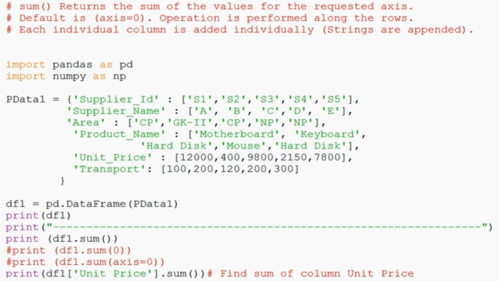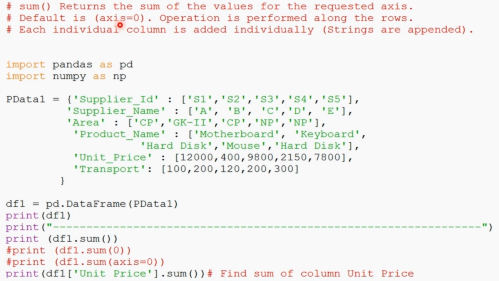Let's take some examples. The first example that we are taking is the sum function. The sum function is used to find the sum of values along the requested axis. There is one parameter, axis.